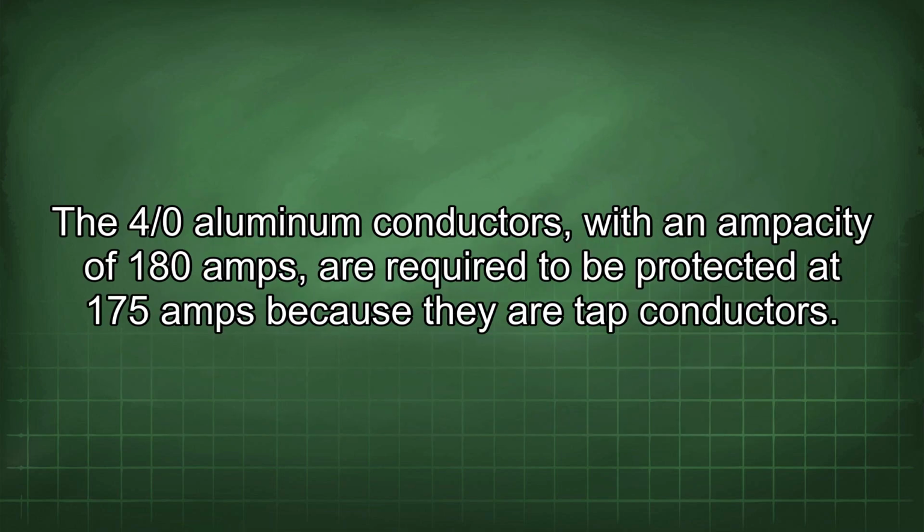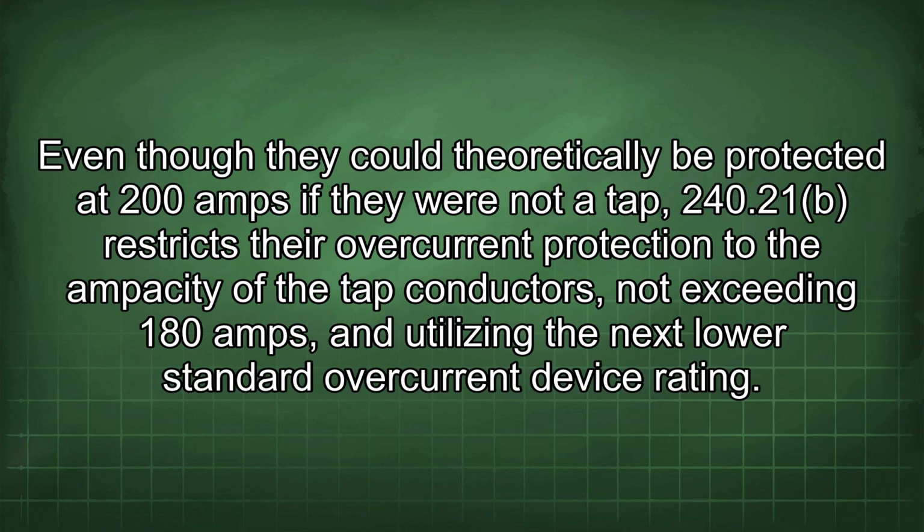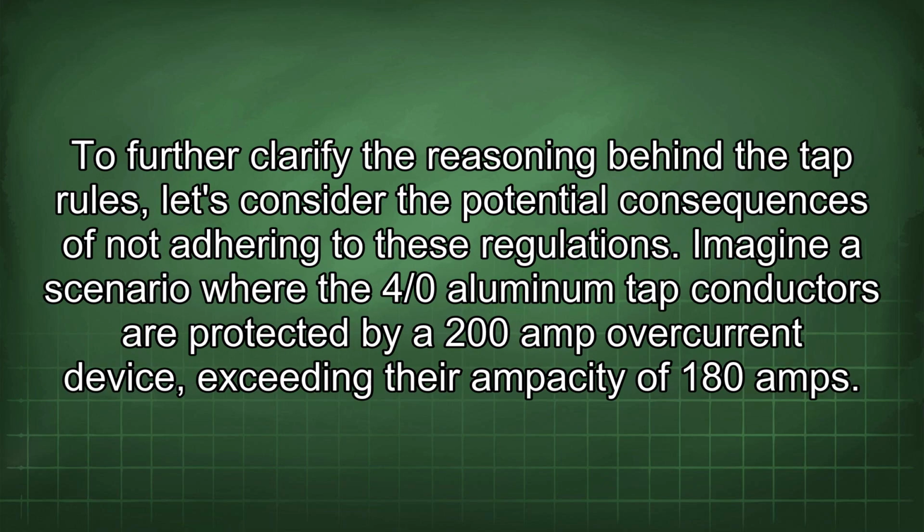The 4/0 aluminum conductors with an opacity of 180 amps are required to be protected at 175 amps because they are tap conductors. Even though they could theoretically be protected at 200 amps if they were not a tap, 240.21 restricts their overcurrent protection to the opacity of the tap conductors, not exceeding 180 amps, and utilizing the next lower standard overcurrent device rating. To further clarify the reasoning behind the tap rules, let's consider the potential consequences of not